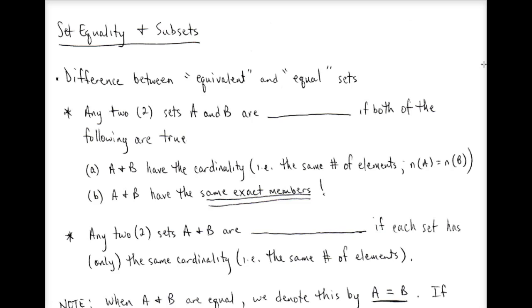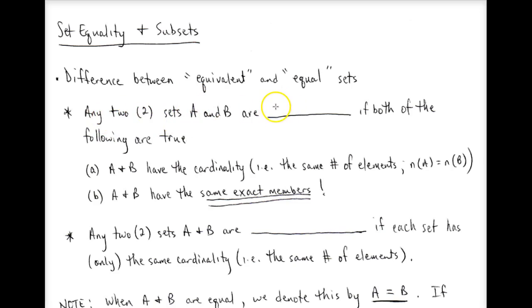The only way that the DFW area and Houston would be equal to one another is if everyone that lived in Houston also lived in the Dallas-Fort Worth area. Now, of course, we know that that's not true, and so that's why we have the difference between equivalence and equality. So to get to the definitions now, we see that if we have any two sets A and B,